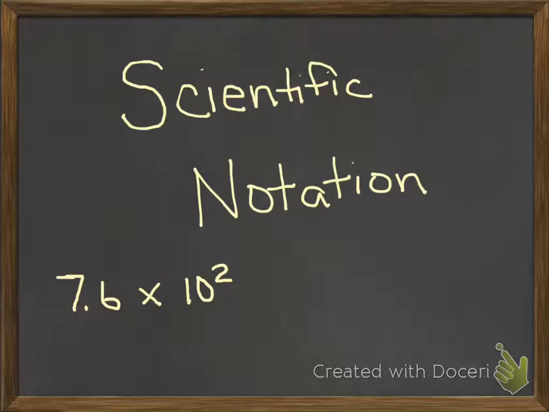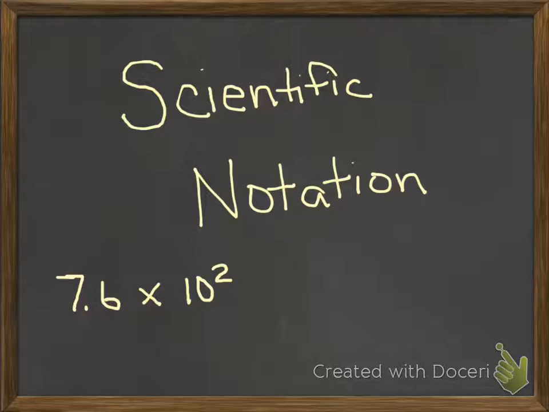This is a quick video to show you how to put numbers into scientific notation and also how to take numbers from scientific notation and put them back in standard notation. Scientific notation is a way of writing very big and very small numbers, which we need to do in chemistry since atoms are so very, very small, and when we're talking about them, we're talking about a very large number